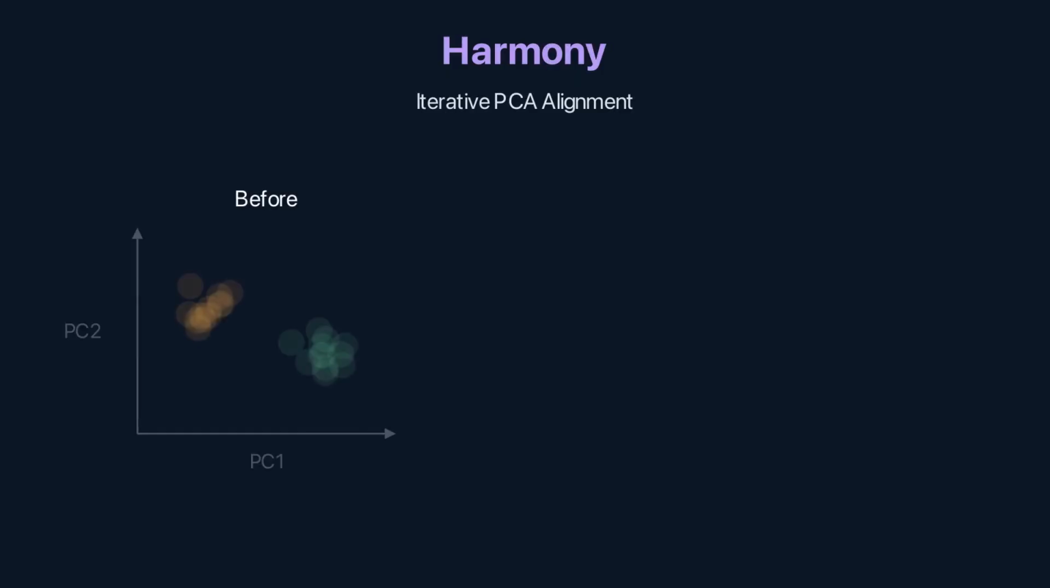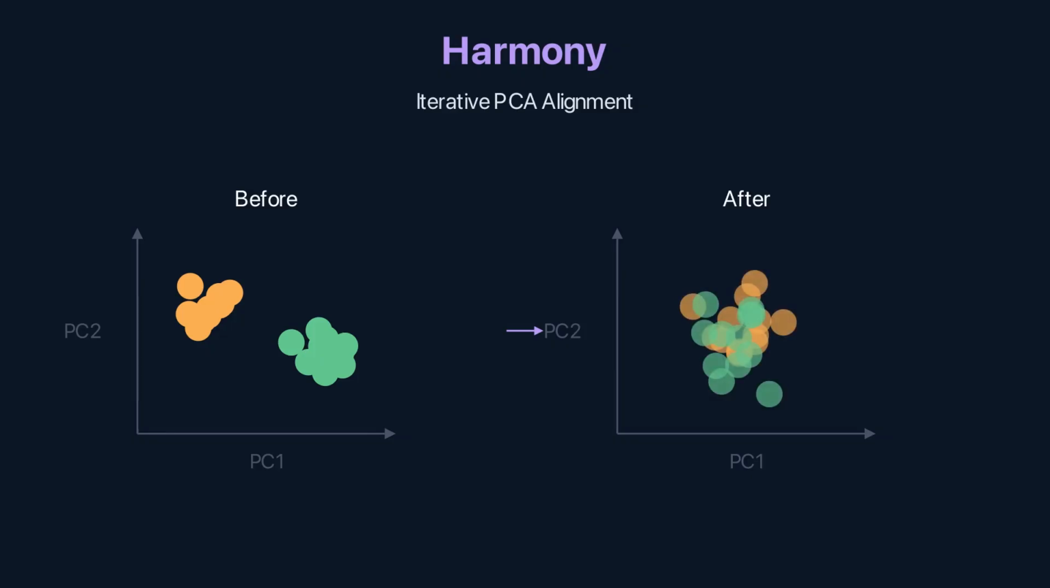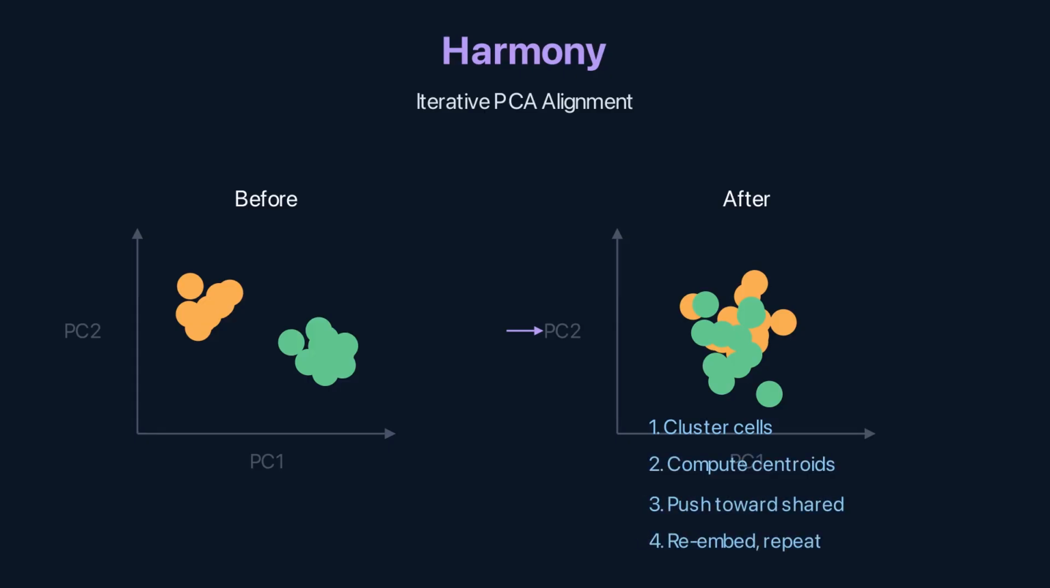Harmony operates in PCA space. It doesn't touch the gene expression. Start with all cells in a shared PCA embedding. Cluster the cells. For each cluster, compute the centroid per batch. Push each batch's cells toward the shared cluster centroid by a small correction factor. Re-embed and repeat. After a few iterations, cells of the same type from different batches overlap, while different cell types